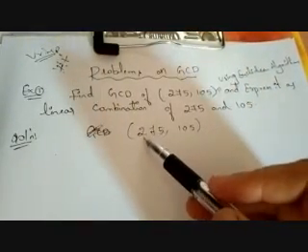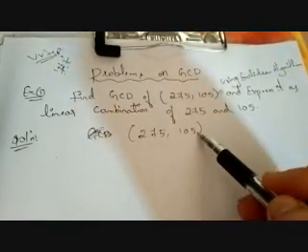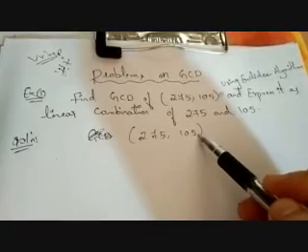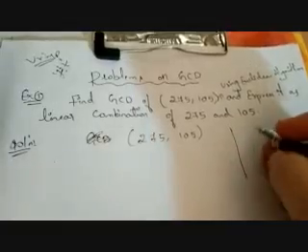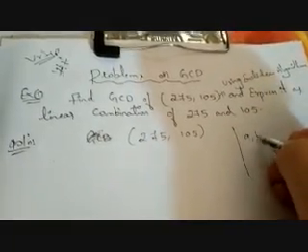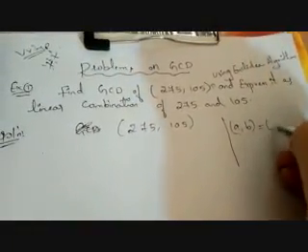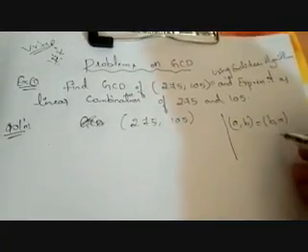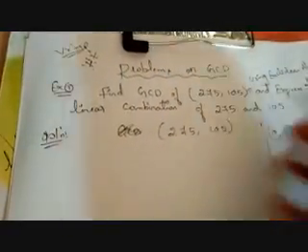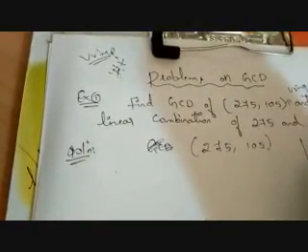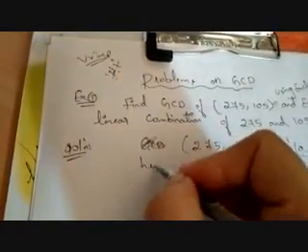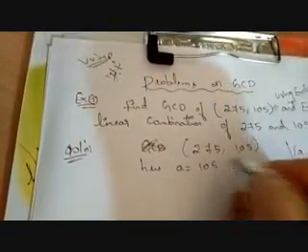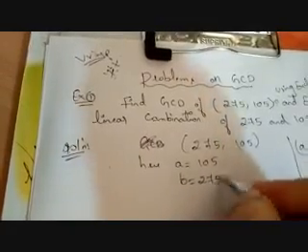I have written here GCD of 275 and 105. Which is the smaller one, that is your A, and which is the bigger number, that is your B. We have one property of GCD that GCD of A comma B is equal to GCD of B comma A. It is one and the same only, but for your better sake just take the smaller number as A and the bigger number as B. Here A is equal to 105 and B is equal to 275.